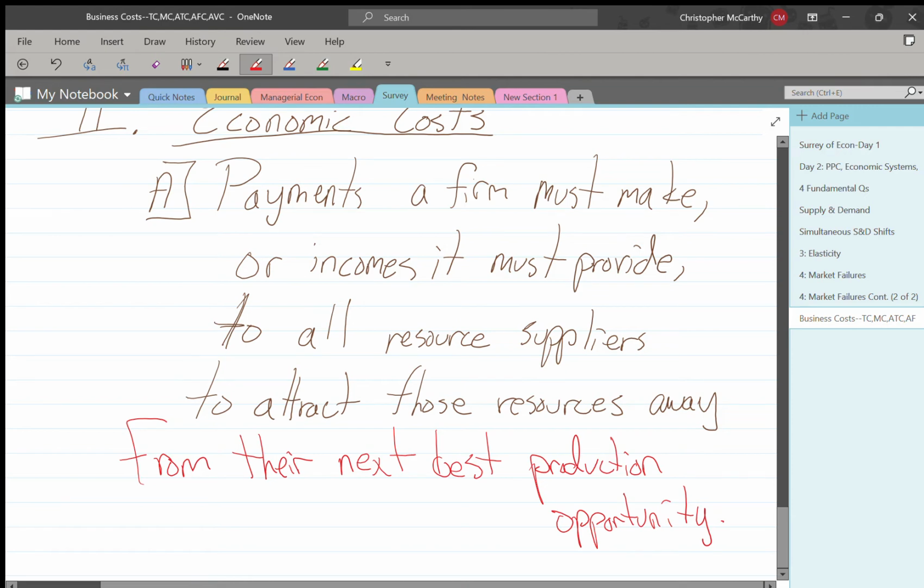So these payments may be in the form of explicit costs,